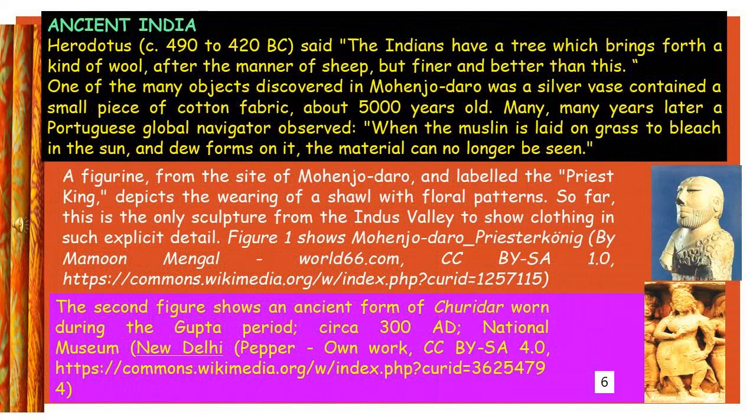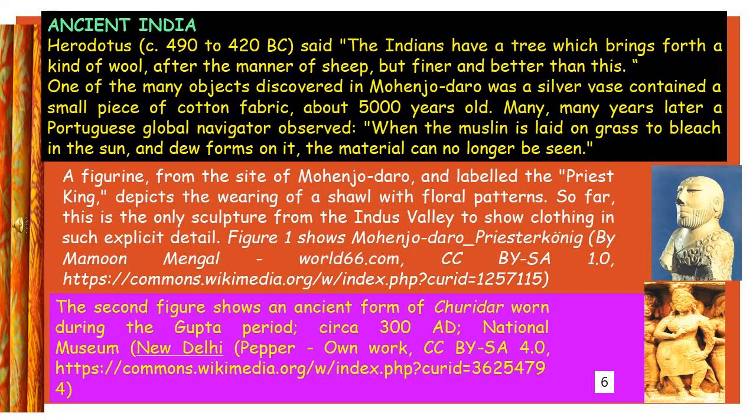Ancient India. Herodotus, about 490 to 420 BC, said the Indians have a tree which brings forth a kind of wool after the manner of sheep, but finer and better than this. One of the many objects discovered in Mohenjo-daro was a silver vase containing a small piece of cotton fabric about